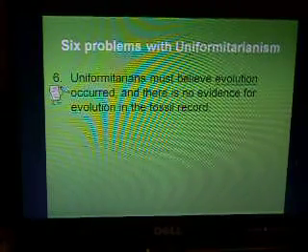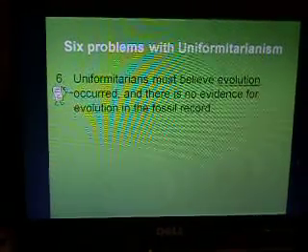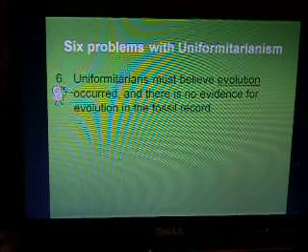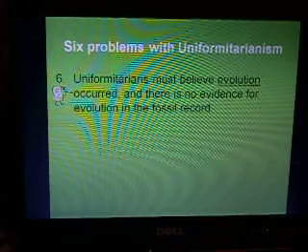This is part 4 of the second lecture for Module 8 from the Apologia General Science book. We're continuing to look at the different problems with the theory of uniformitarianism, and the sixth one is that uniformitarianists